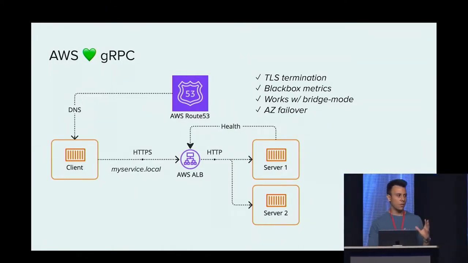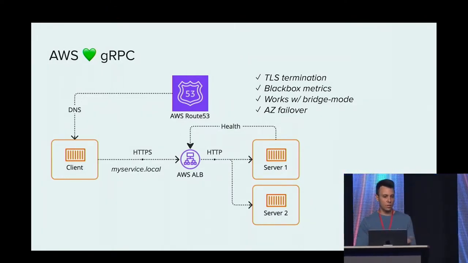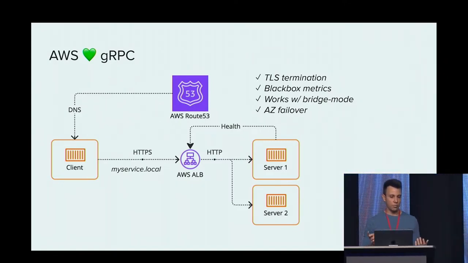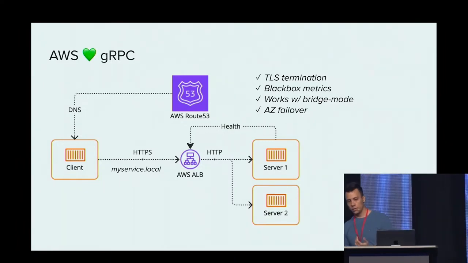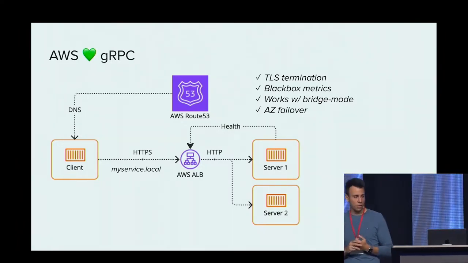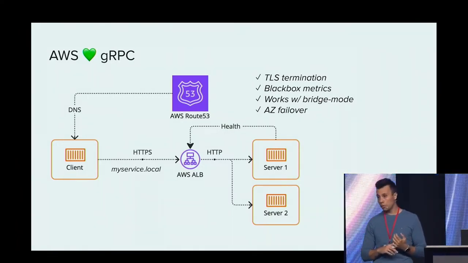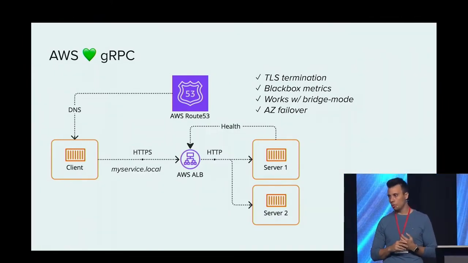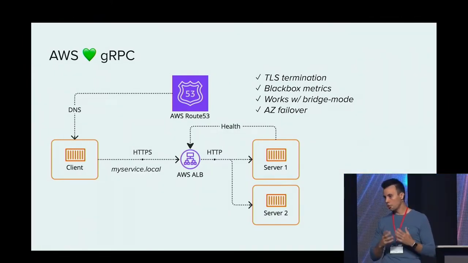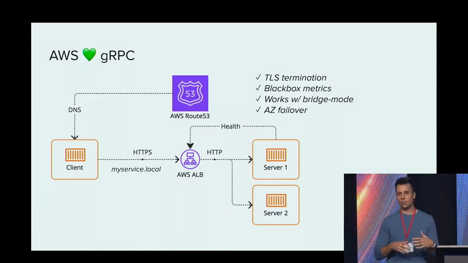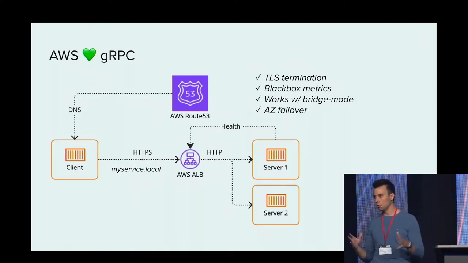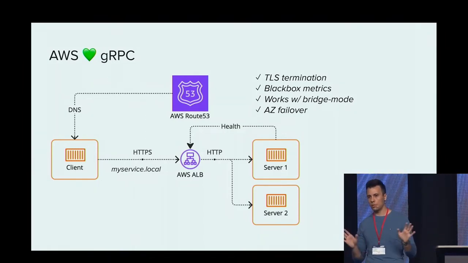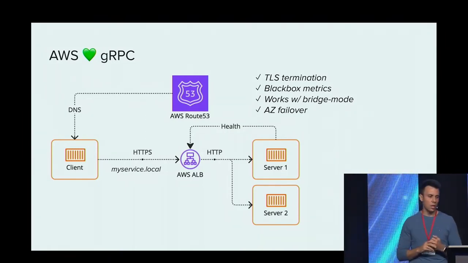And then what happens is that a client uses DNS to discover the load balancer by the name of your service, and sends a request. The request is TLS terminated, so you get a kind of certificate security. You get black box metrics, so the load balancer publishes those metrics, and you can build your dashboards for latency and failure rate, and you can have your alerts. It's independent of, like, if you have a bug in your code, those black box metrics are still there, and they will catch it.